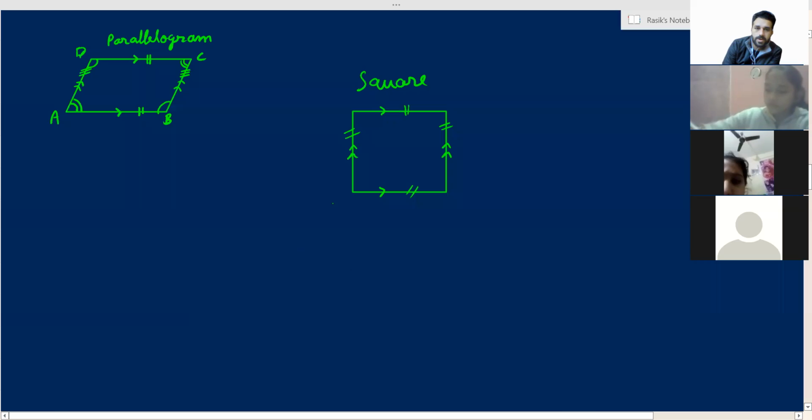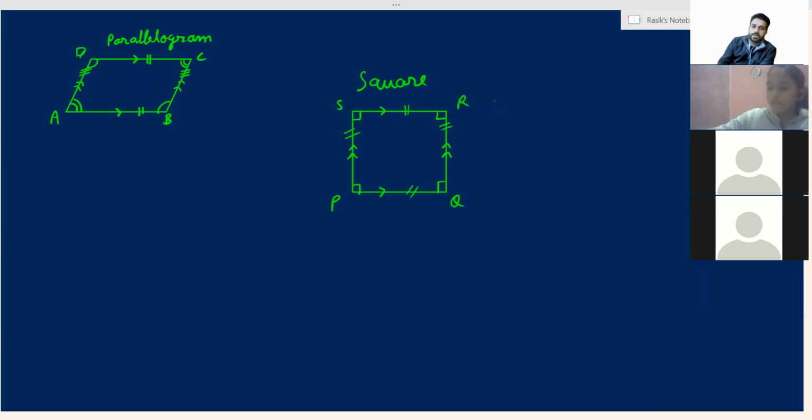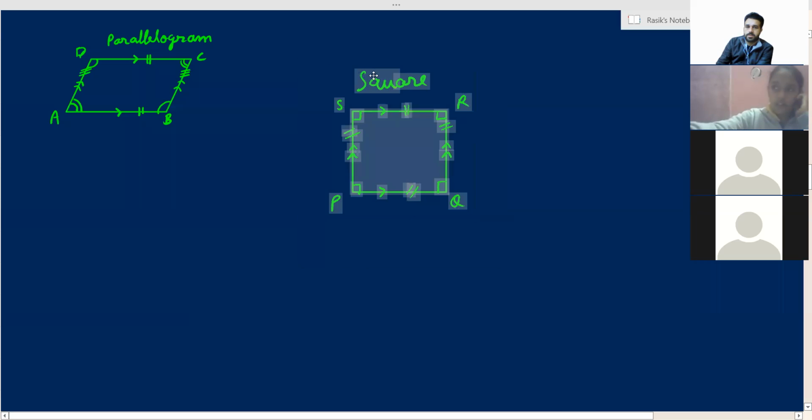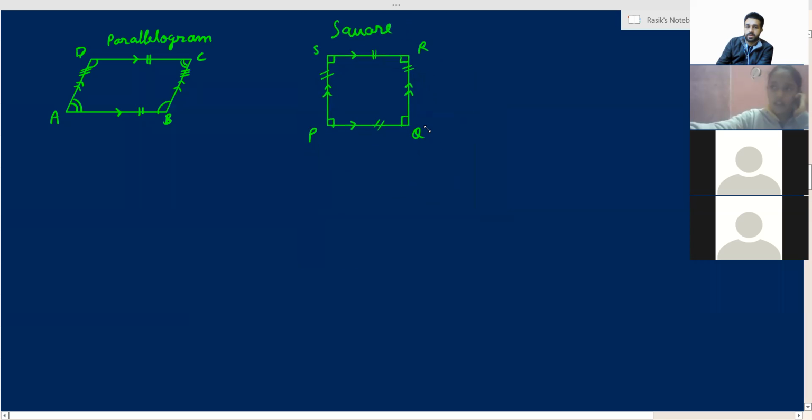जो भी suppose PQRS is the name of this square. So whatever is the length of PQ, the same length will also be of RQ, RS and PS. ठीक है? And all angles of a square are right angles. Right angles मतलब what is the meaning of right angles? Sir, 90-degree angle. 90 degrees. So this is a square. Square आपने पहले भी पढ़ा हुआ है.